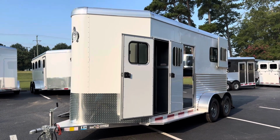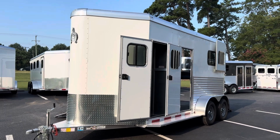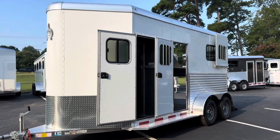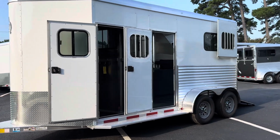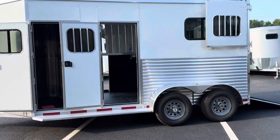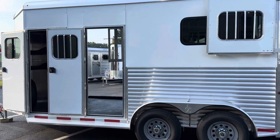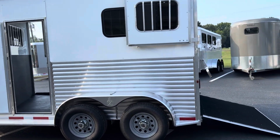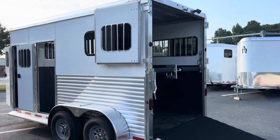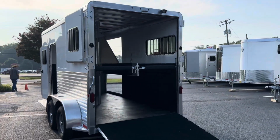We've also upgraded the dressing room and escape door to be what they call Dalton doors. Those doors are made in-house at Adam Trailers instead of a standard camper style door. And we've added windows over the rear top curtains of this trailer. This is an all aluminum trailer, aluminum floor, aluminum skin, aluminum roof. It does have a treated wooden floor with rubber mats, 8 foot tall, 6'6" wide, and this trailer is 15